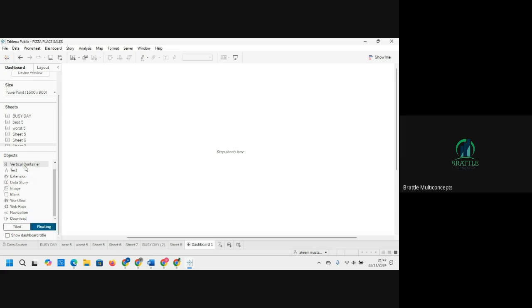The meaning of tile and floating is that when you are on floating, when you bring something here, it will just float. You can size it yourself. When you are on a tile, let me remove that. When you are on a tile, anything you bring here will fill the box. If you bring another one, another one you bring is going to be,